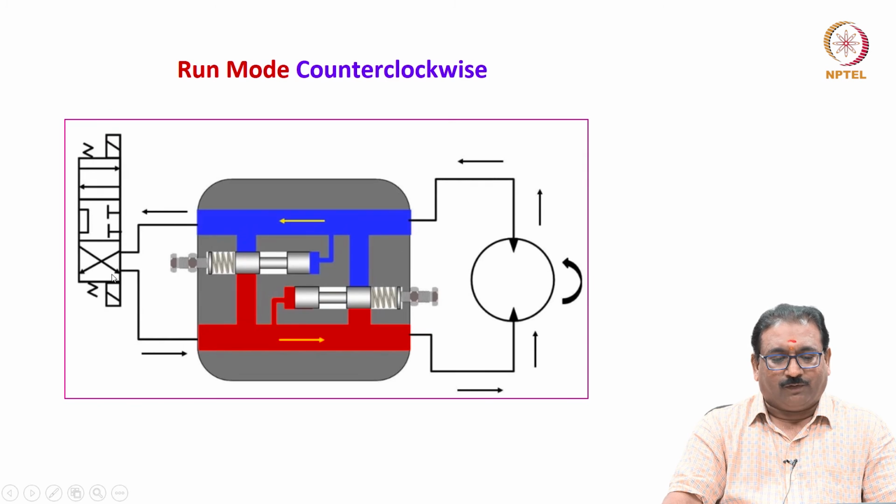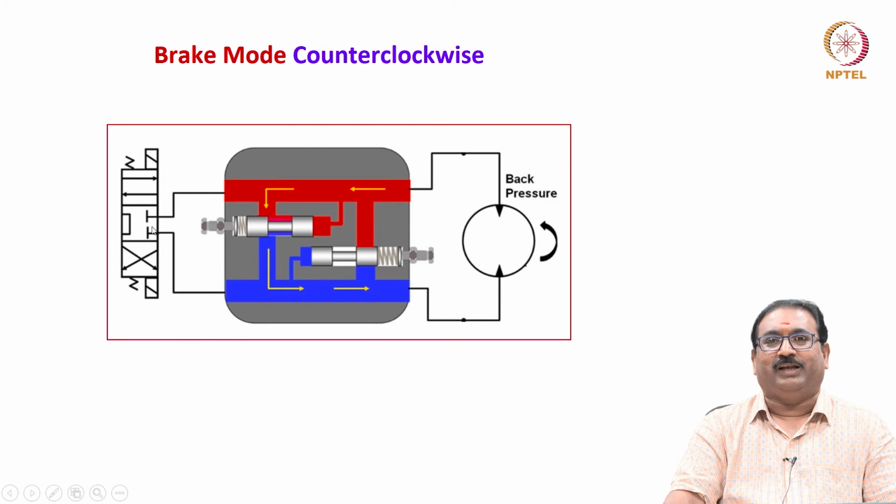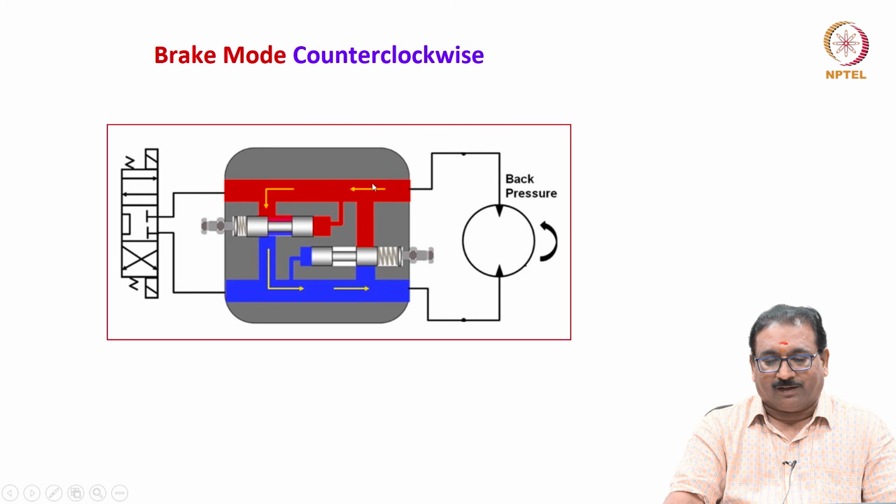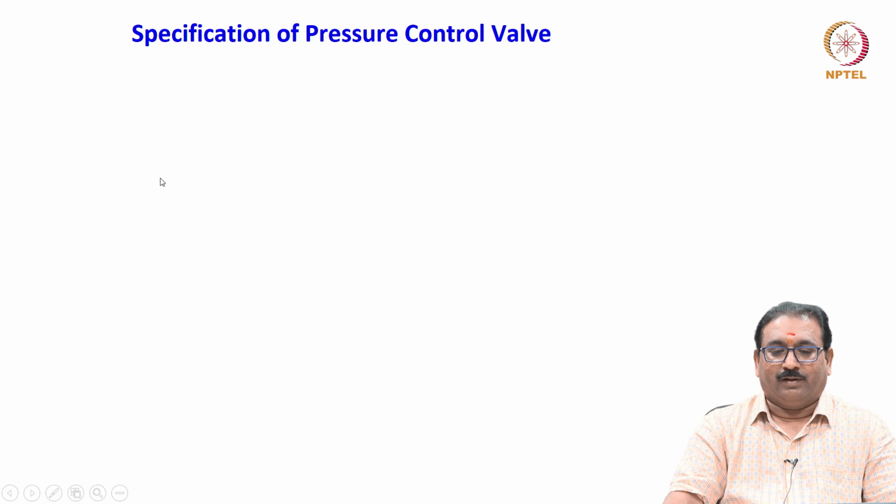Similarly, counterclockwise, friends, what happens? When you shift here, the oil is coming here and it is rotating in the anti-clockwise direction. The flow coming here goes to the tank. Again, immediately shift to the middle position. What happened? It is rotating anti-clockwise, the flow is coming here, it will not go here because it is closed. Then through this it will recirculate here. Again, braking is possible in both the crossed as well as the open configuration. Correct?